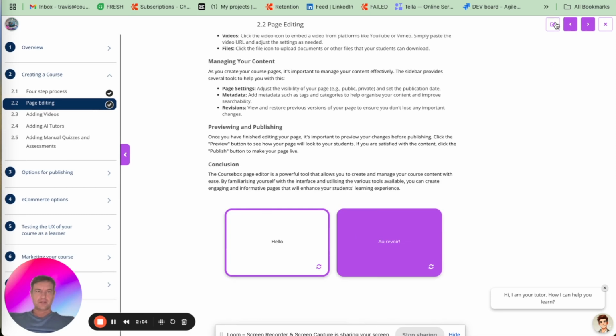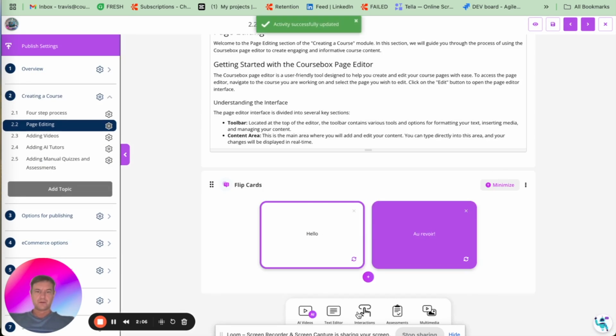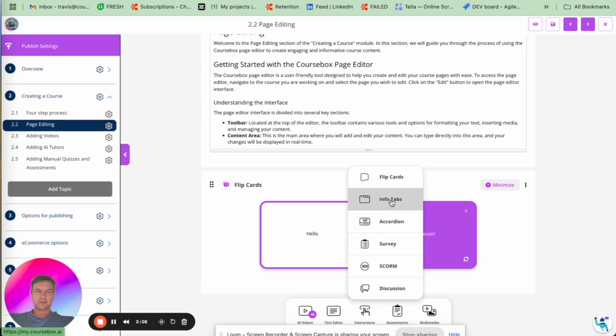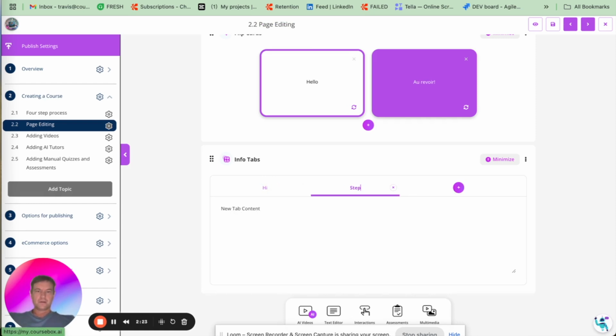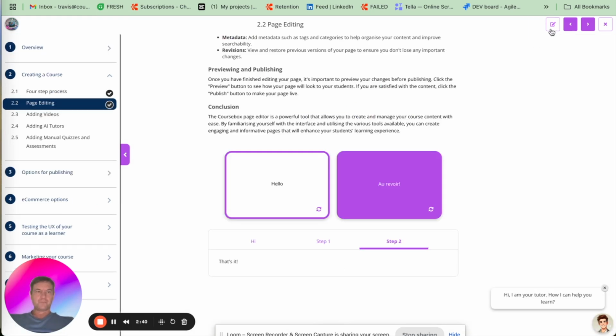If we go back to editor, I'll create an info tab. So tab 1 could be, and we might have some steps. In step 1, blah, blah, and then we'll have step 2. Back to editor mode,